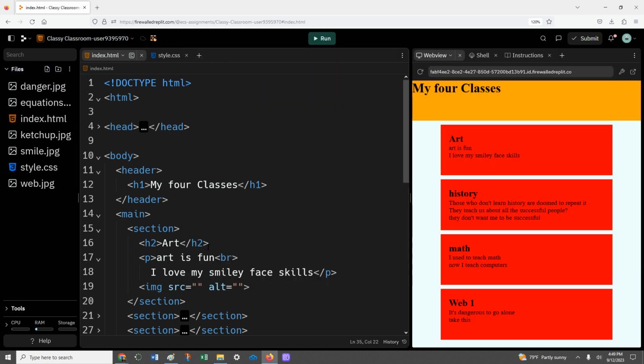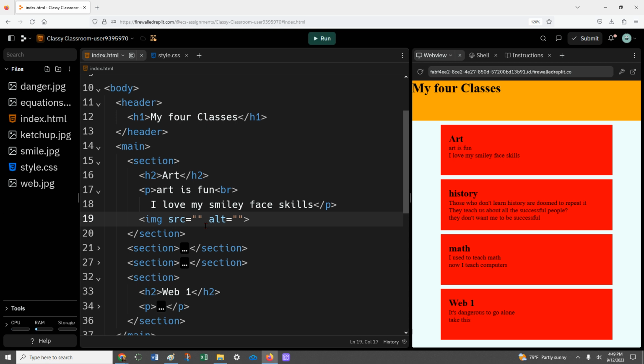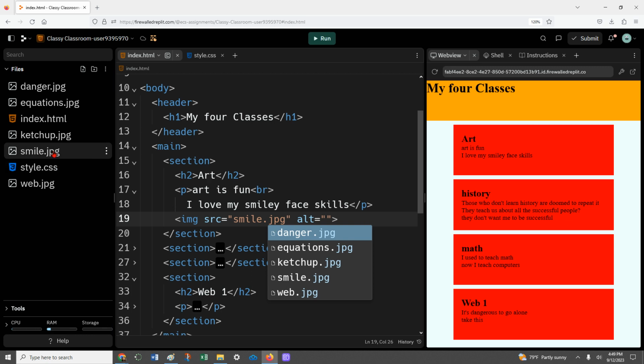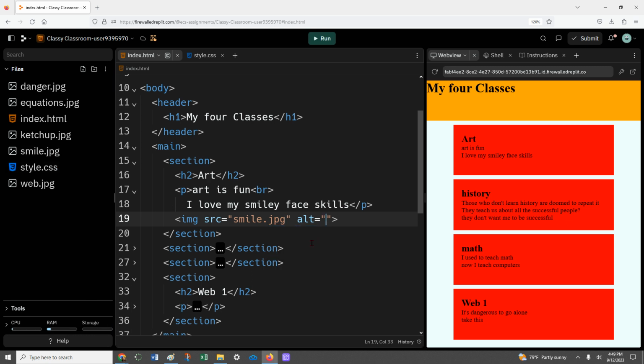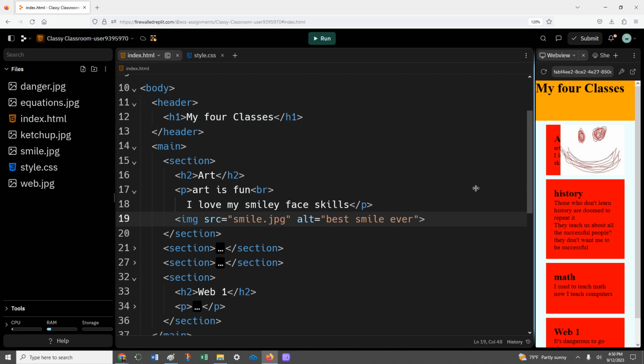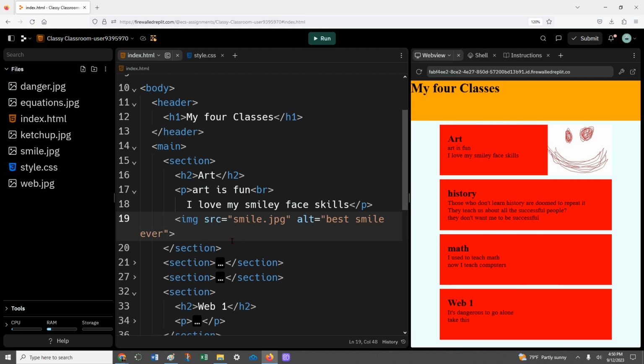Okay. So for my source, it's smile.jpg. Now, depending on how you saved your file, if this said PNG, you'd have to make that match. Alt, best smile ever. Right. So I programmed it so that when you have your images, they should fit inside the little section. And then if I have extra text,